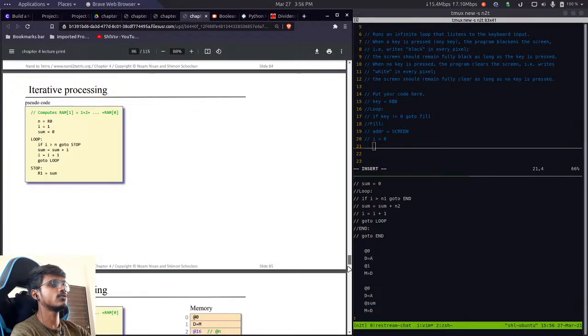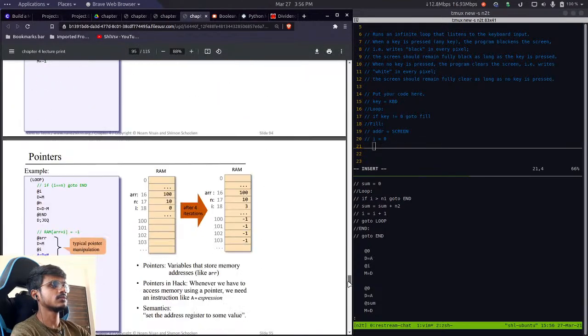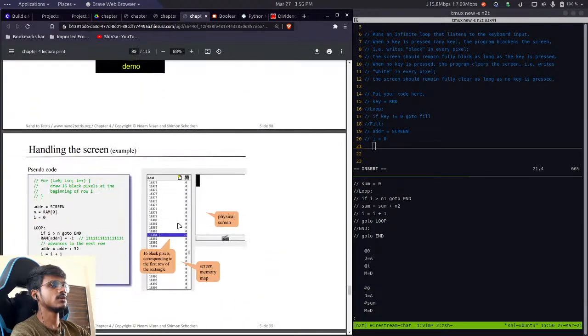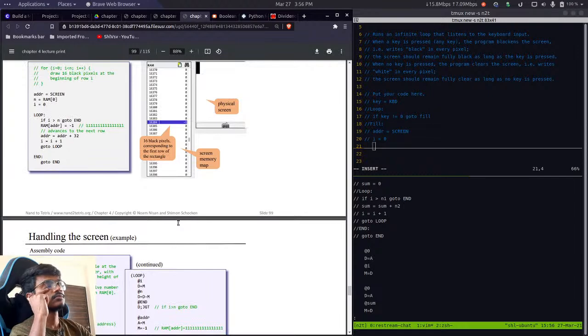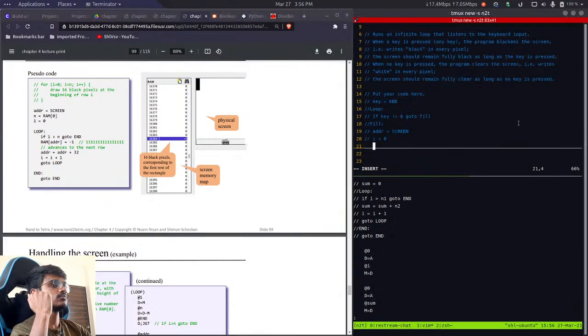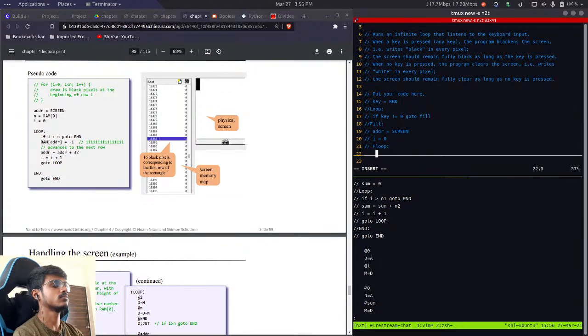Get back to the 99th slide. 97, 98, 99. So let's see what we will do. Yeah, let's write the loop. Let's call it, I guess, F loop, for fill loop. What this fill loop will do, it will check